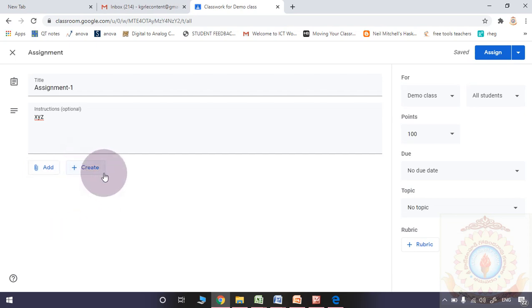I may show a link, I may show a file, everything. Even whenever I am clicking this plus symbol, please observe, I may create a Google document or sheets or something. Means if I want to send a Google form as an assignment, simply I want to include multiple choice questions in that assignment, I may create a Google form and I may send it to my student.